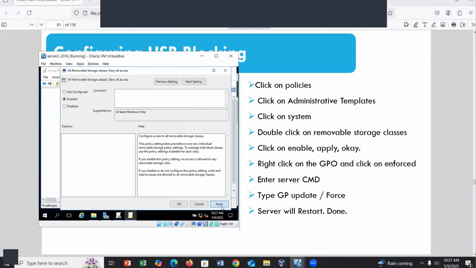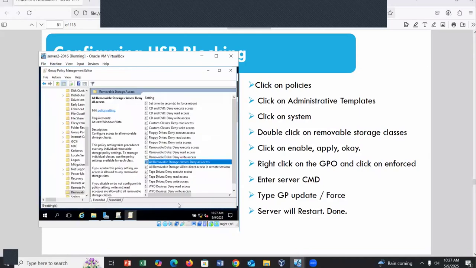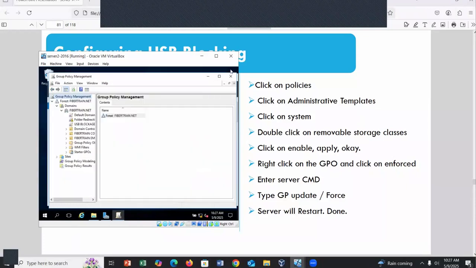So you click on apply and you click on OK. That's the only thing that you're going to enable: all removable storage classes. Click on apply and click on OK. Once you click on OK, you need to close this icon here and go back to the new GPO